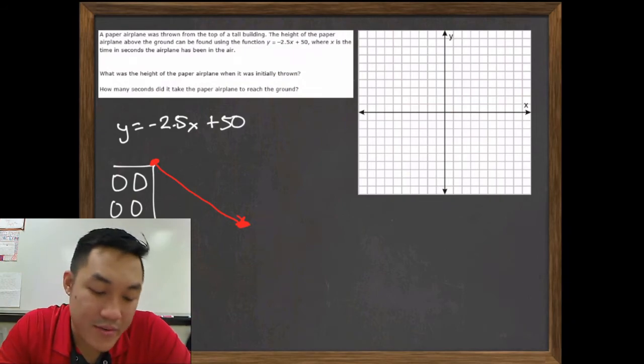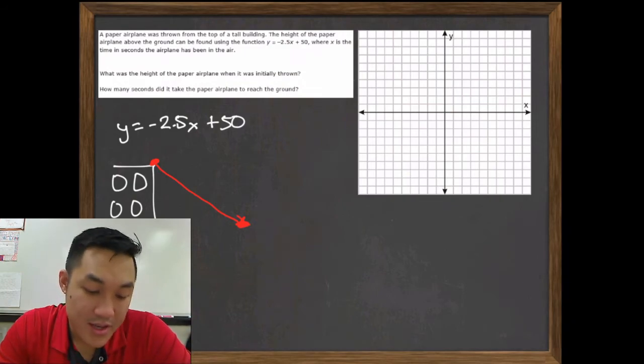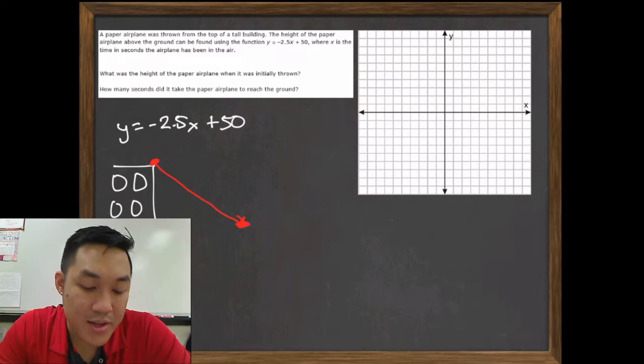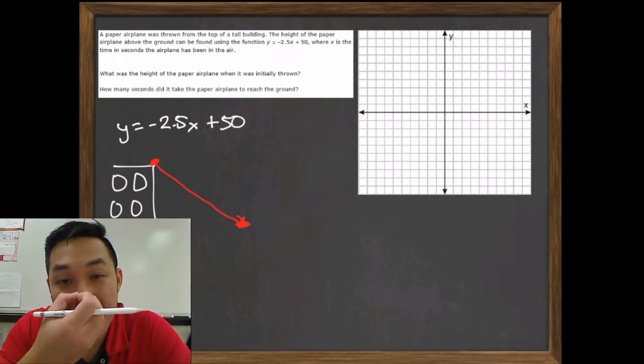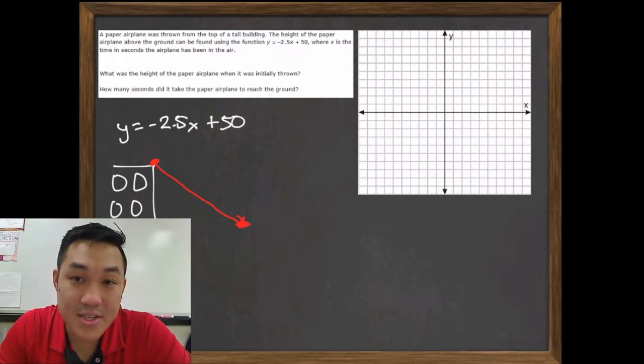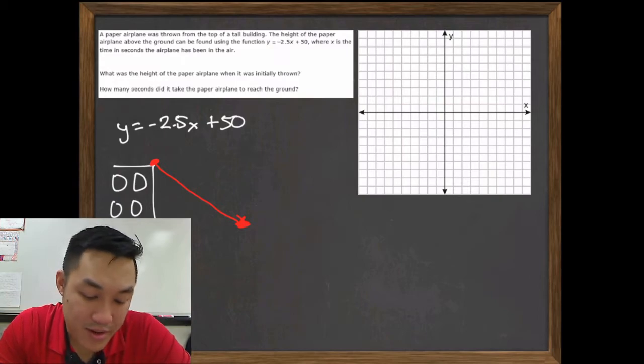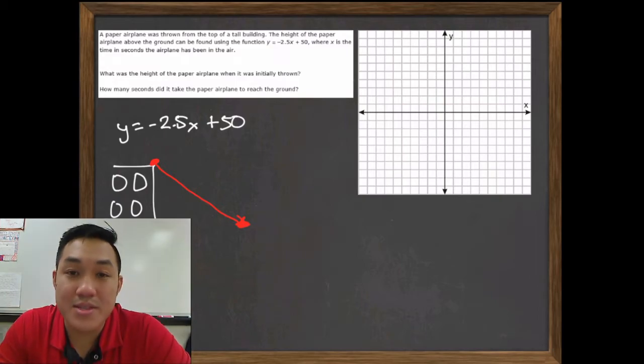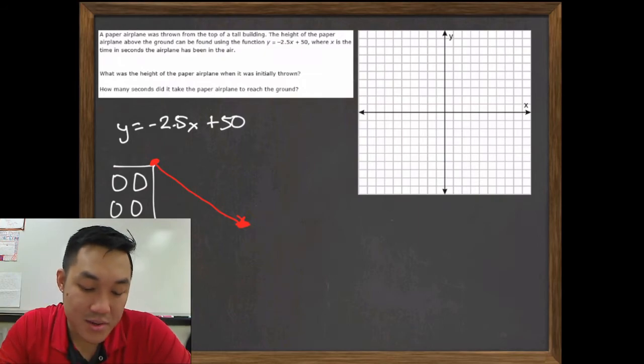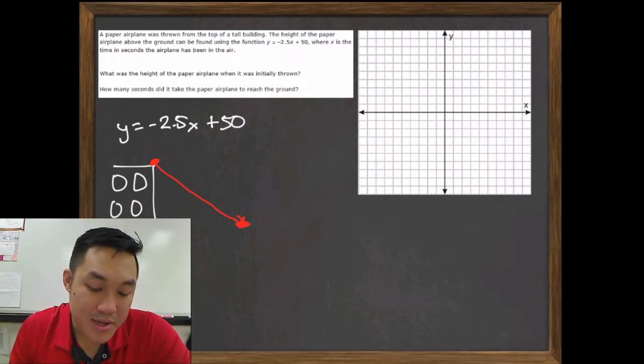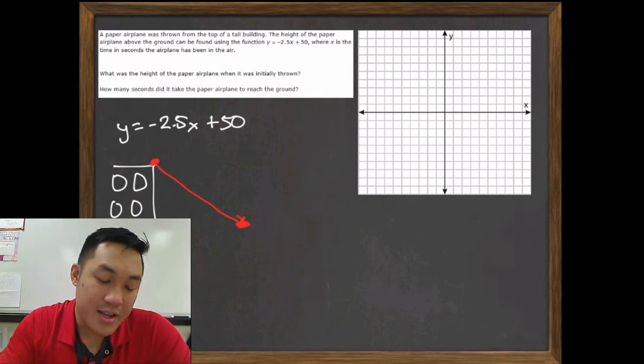Okay, it's a linear function. If I graph that equation, you notice how the slope is a negative 2.5. That means it is decreasing. It is a negative slope, so it is going to go down. This is kind of what it's going to look like. So if I had an equation and I was able to graph it, I need to find out what